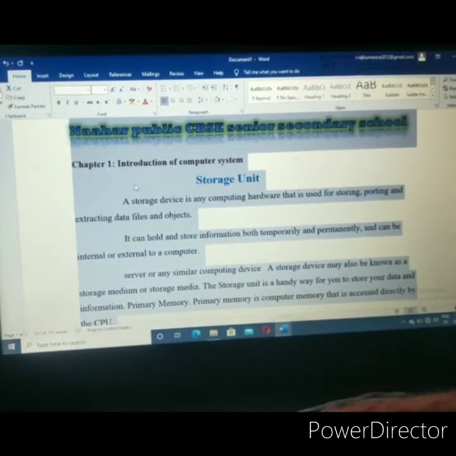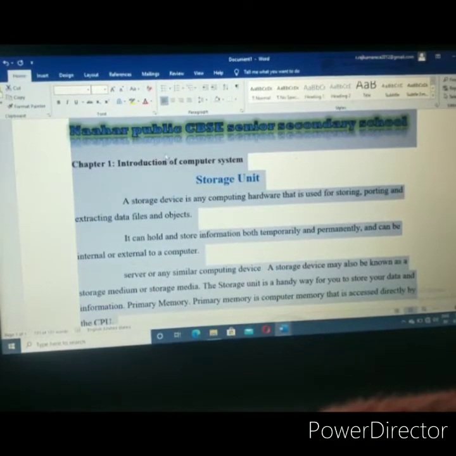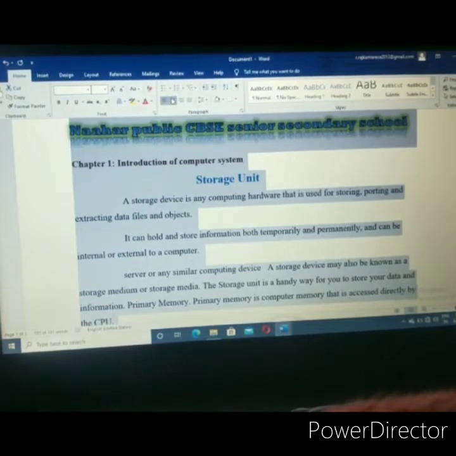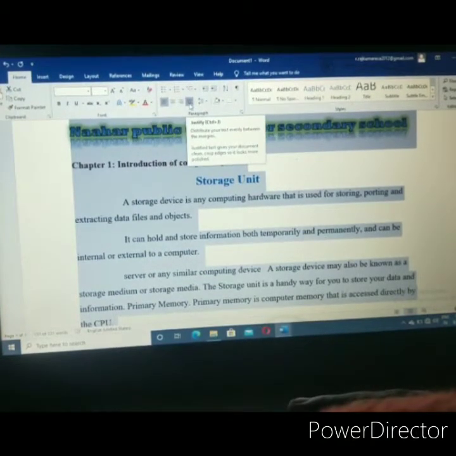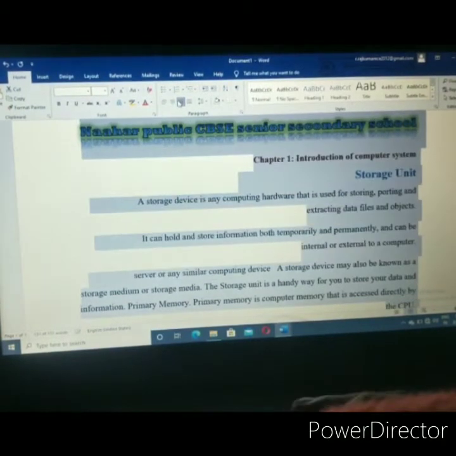Now I'm going to align the paragraph. This is the option to align your text to the left, this is the center, and then this is the right. If you click this, your text becomes right aligned.